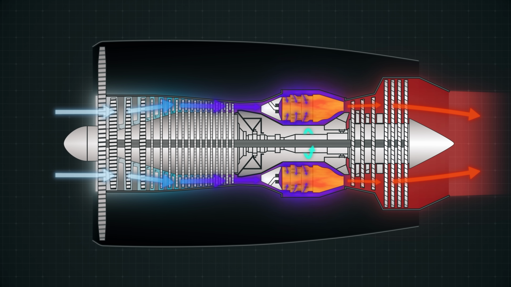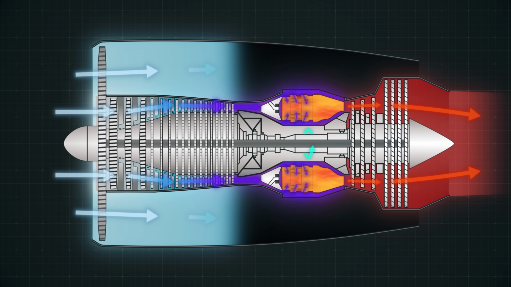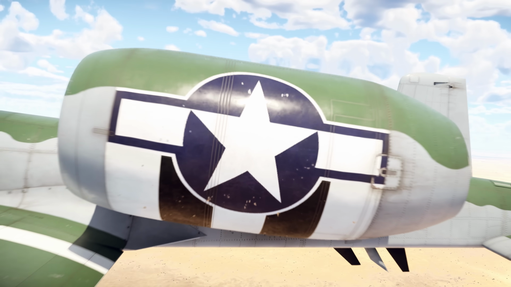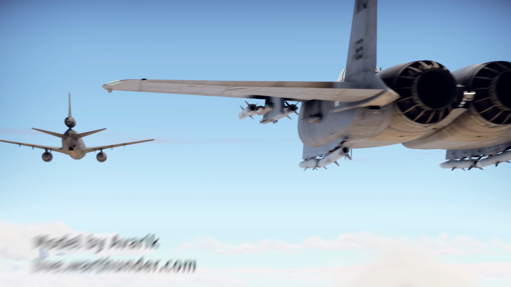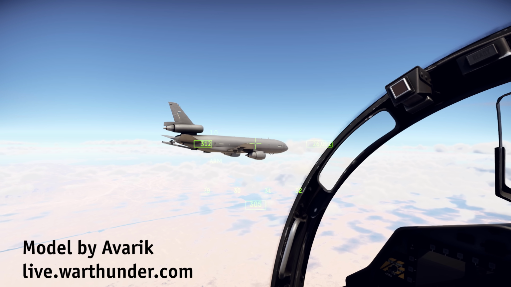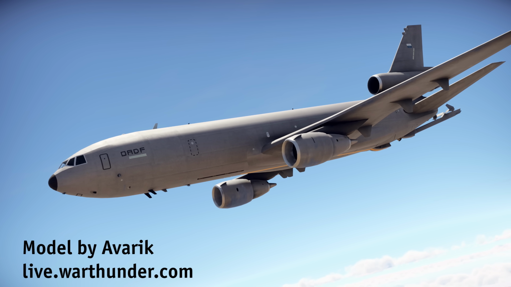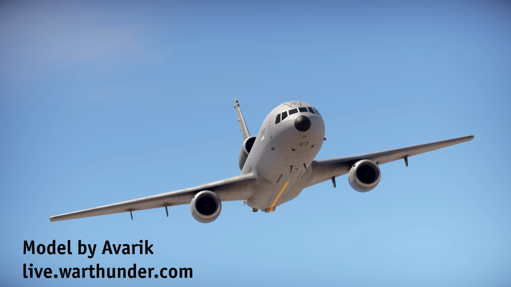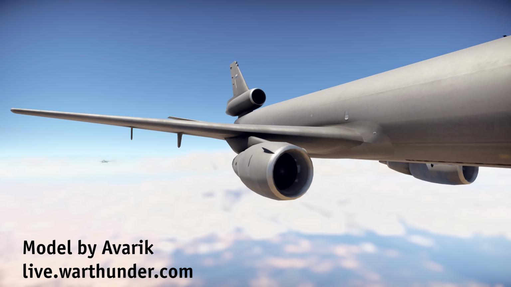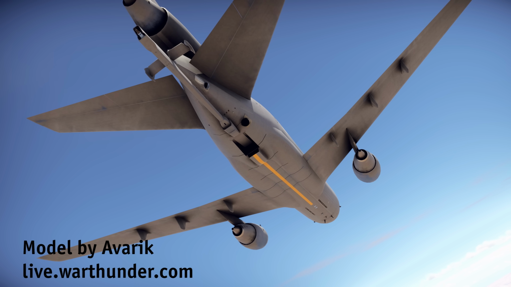This fan pushes air through both the core and the bypass duct, a channel surrounding the core. As the bypass flow accelerates through a narrowing outlet, it produces substantial thrust. The ratio between the mass of air flowing through the bypass and the core is known as the bypass ratio. On modern airliners, it reaches values around 12:1, meaning 12 times more air flows through the fan duct than through the core. The large front fan is essentially a low-pressure compressor, but it's a prominent enough feature to warrant the